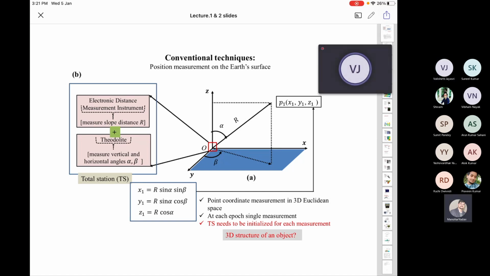Similarly, if we consider a tree, and you want to have a 3D structure of a tree, you know that a tree is made up of two basic components: the crown section and the trunk section. The trunk is a kind of cylindrical object, while the crown is a volumetric object. So what you need to do,